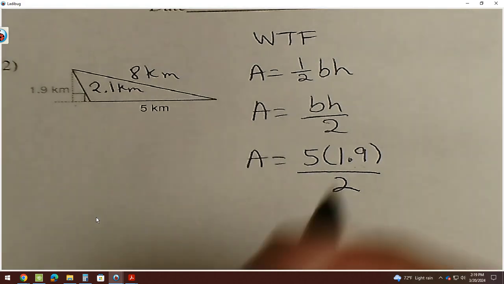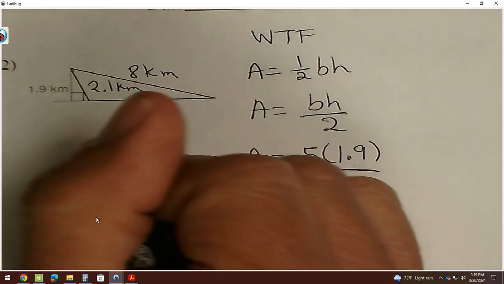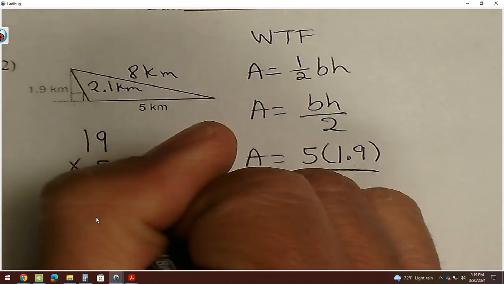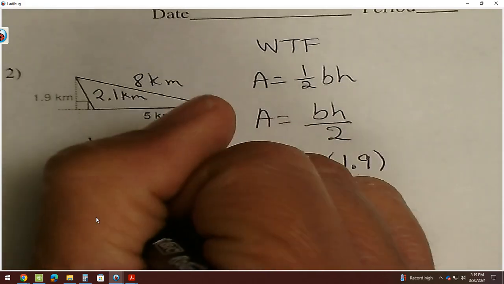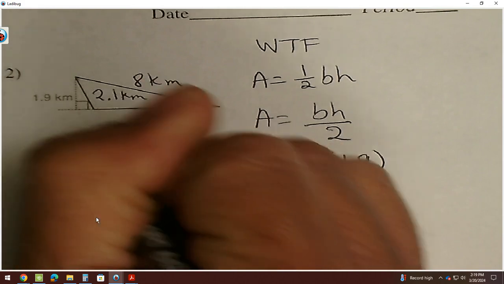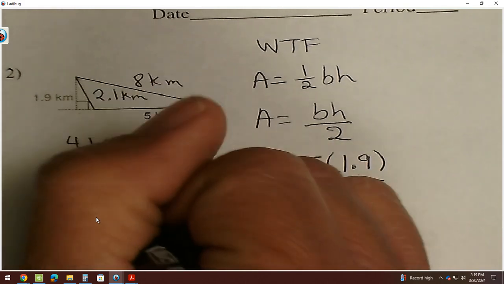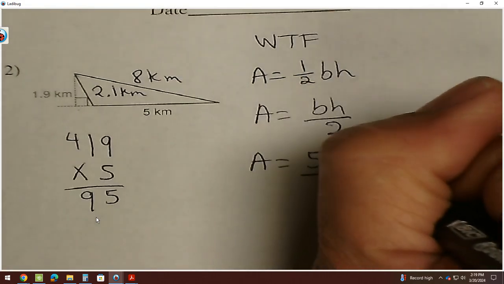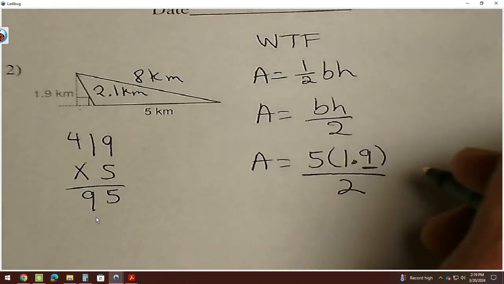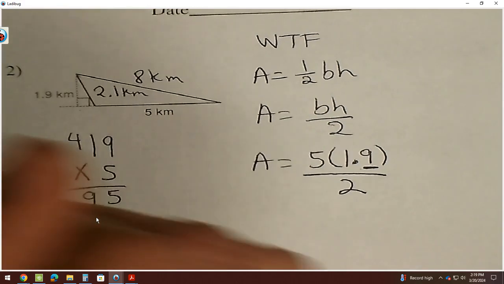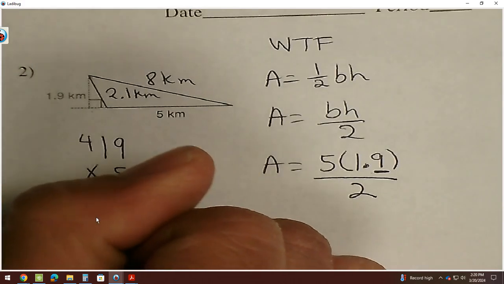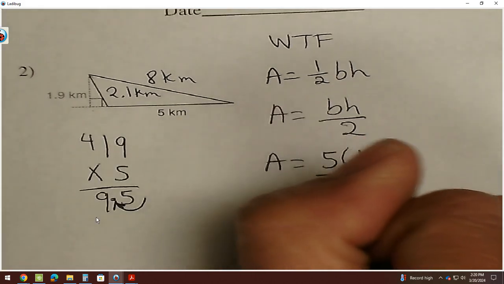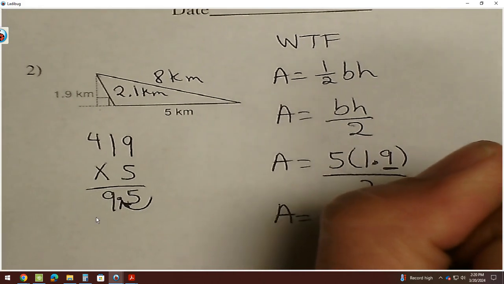Okay? Now that everything's numerical, I'm going to start calculating 5 times 1.9, which I can remove the decimal for now. 5 times 9 will be 45. 5 times 1 will be 5, plus 4 will be 9. The answer looks like 95, but again, we do have one decimal number, 9/10, so I have to go back one time. So really, it's A equals 9.5